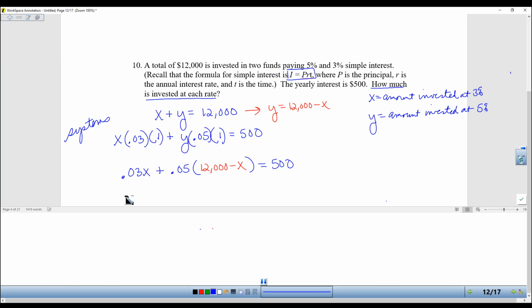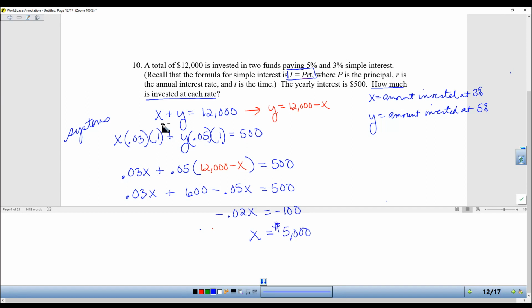So this is going to come out to be 0.03X plus 600 minus 0.05X is equal to 500. Bringing the 600 to the other side gives me negative 100, and the 0.03 and the 0.05 make negative 0.02. When I divide 100 by 0.02, I get